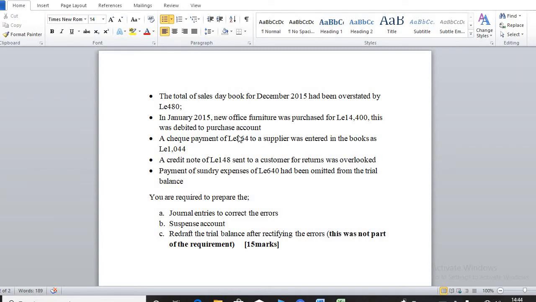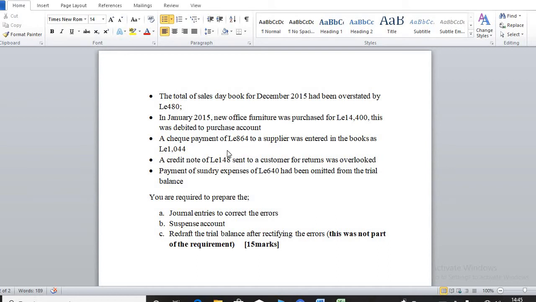So if in an examination or wherever you meet something like this, a mistake concerning this type of transaction, first you have to compare the two figures, the one that was recorded and the one that was to be recorded. If you compare the two and see that the one recorded is more than the actual figure that was to be recorded, meaning the account has been overstated,